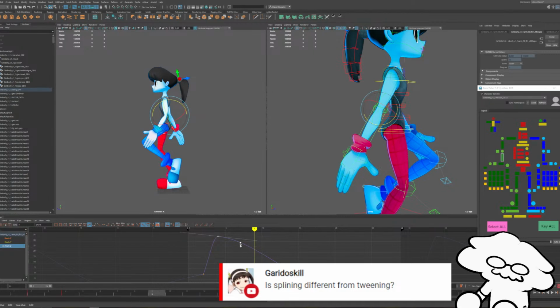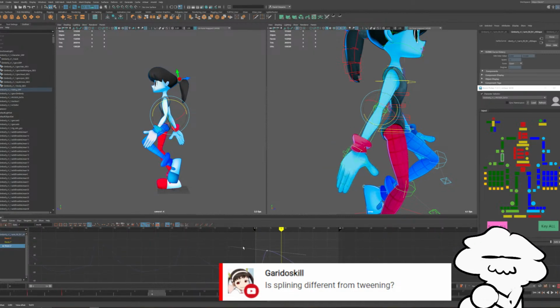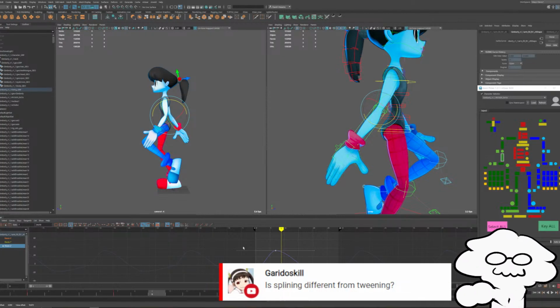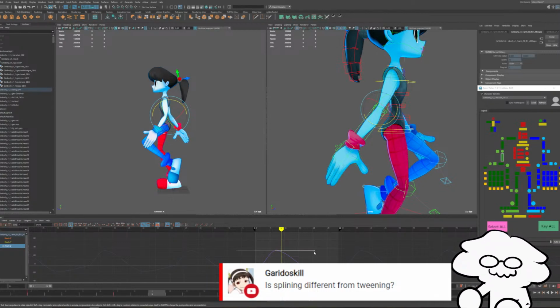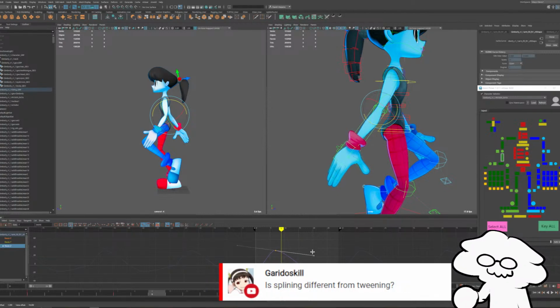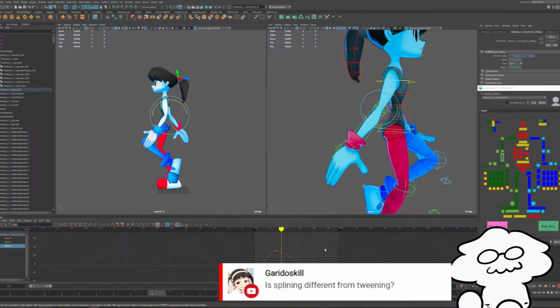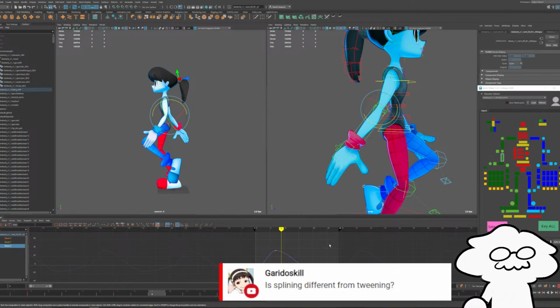Splining is a curve that takes into account the speed and distance of the previous key whenever it adjusts the curve itself. It's a little more complicated than that, but it's basically just a way to describe the curve. So we can affect the tween by splining? Yes. Spline is a way to describe a key, but that's effectively what I mean.